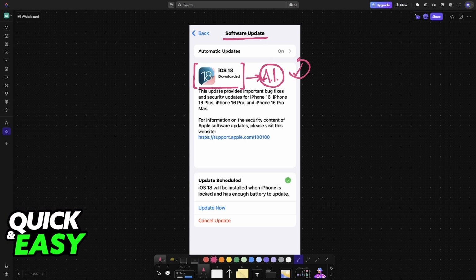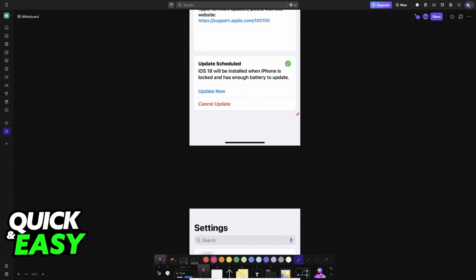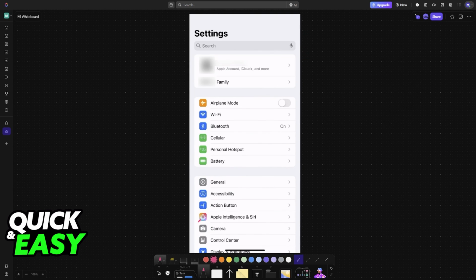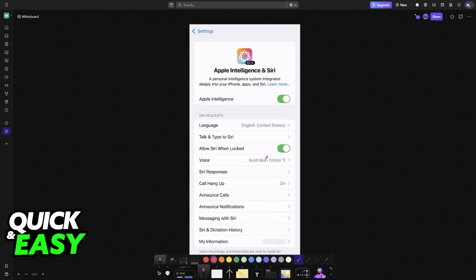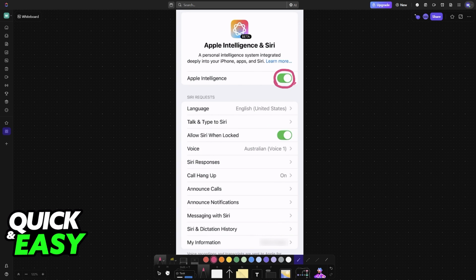With this done, once you have updated your device, you can go back into the settings, and now you will have access to Apple Intelligence and Siri. This is where you will be able to manage the usage of Apple Intelligence. The very first thing to do is to enable it. If it doesn't allow you to enable it right away, then you will have to change the region of your